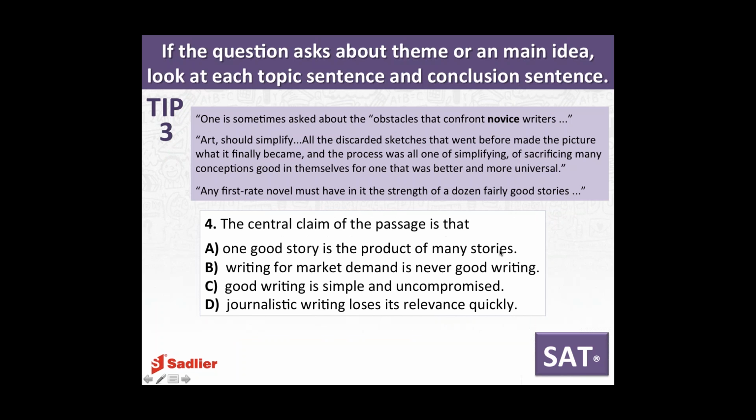All right, so then my tip number 3, again, works for both SAT and ACT. If a question asks about theme or main idea, look at each topic sentence and each conclusion sentence. And this is my very favorite tip because so often the kids go, oh, I do not want to read that passage the first time, let alone have to read it a lot of times and try and figure this out. So if I say, look guys, you only really have to read the first sentence and the last sentence